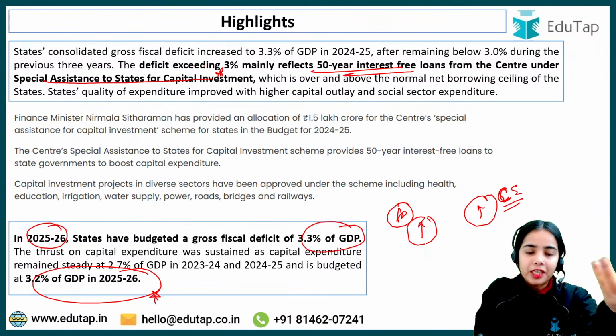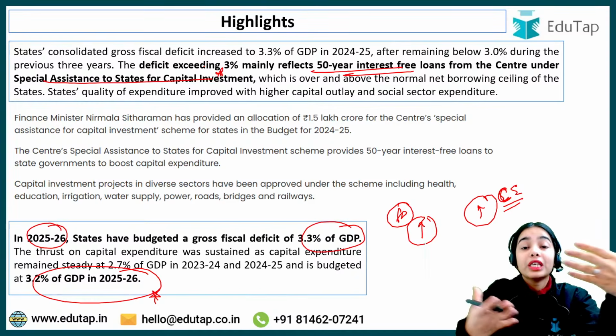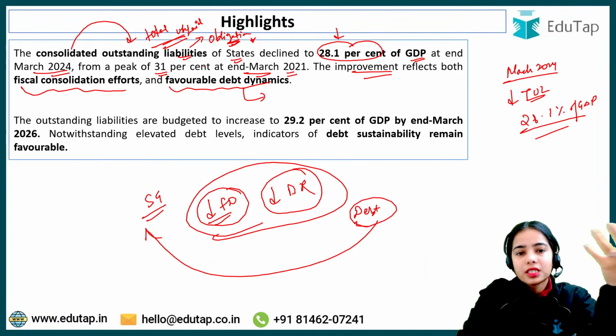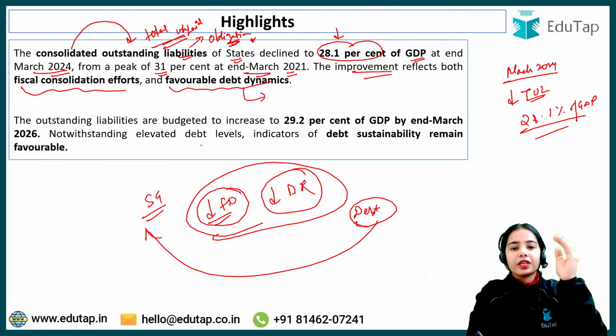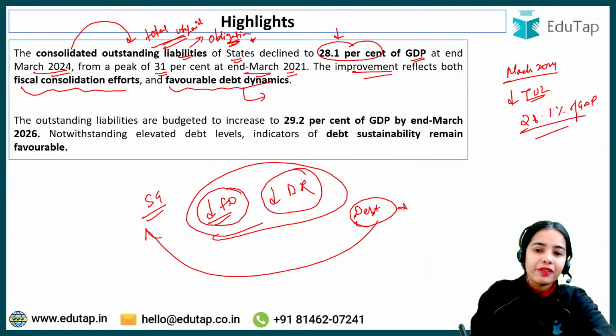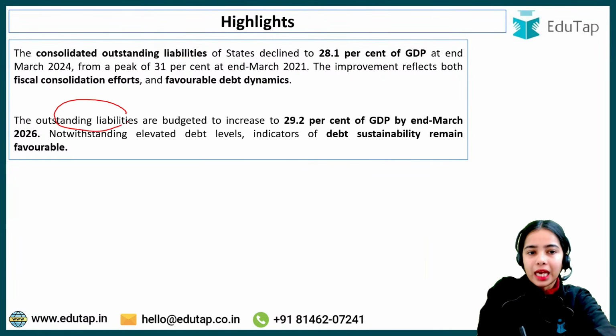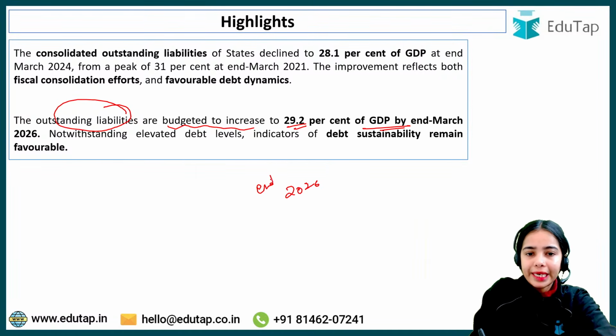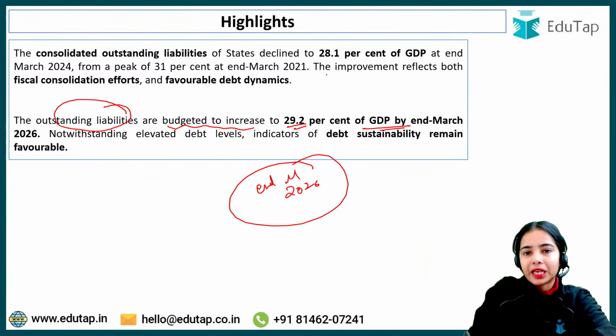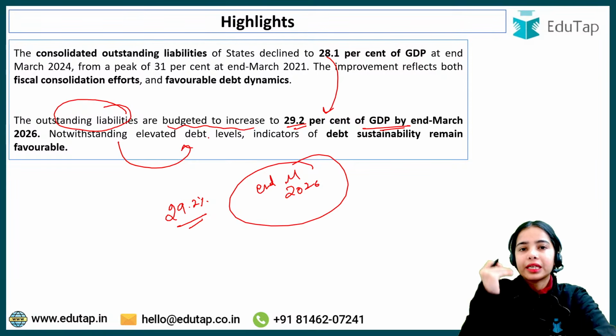This is a favorable debt dynamic in which the state governments are getting 50-year interest-free loans from the center. So the idea is that the state governments are focusing on reducing their fiscal deficit and borrowing requirement, and they are having favorable debt dynamics. Now the outstanding liabilities, that is the unpaid obligation, are budgeted to increase to 29.2% of GDP by the end of March 2026. In spite of the elevated debt level,